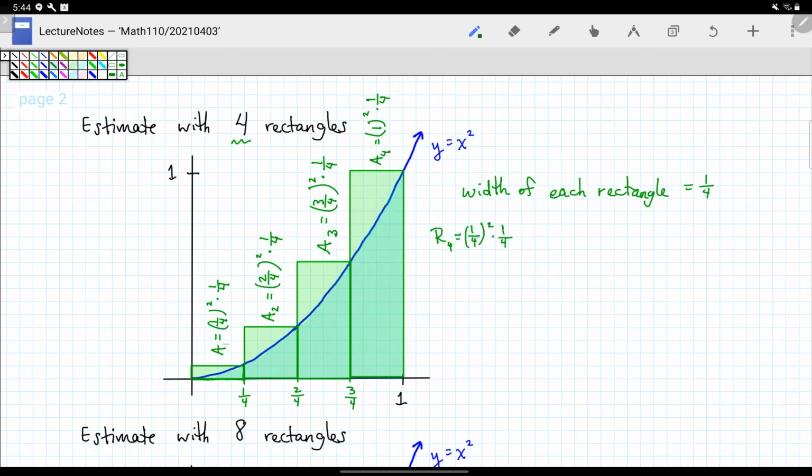That's the height of the first rectangle times its width, plus height of the second rectangle squared times 1/4. That's its width. There's the height times the width of the third rectangle and the fourth rectangle, height times width. And this is approximately